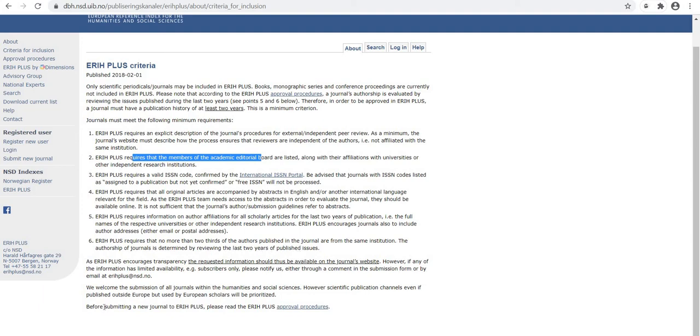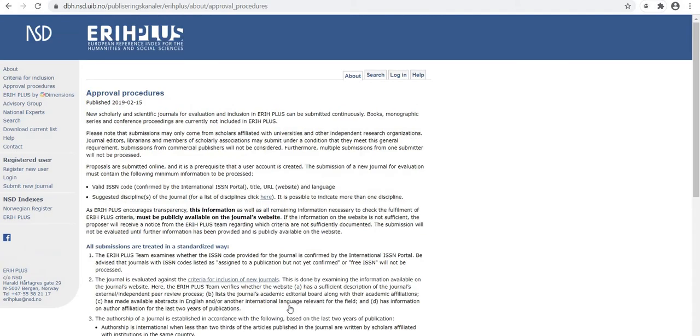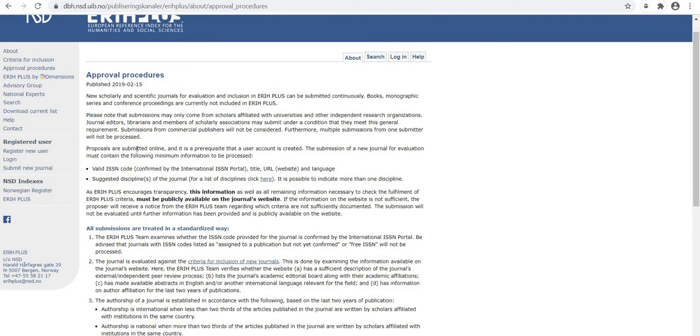Now I'll show you the approval procedures to get indexed in ERIH Plus. I'll click here. The most important thing to be considered for inclusion in ERIH Plus is that journal submissions should come from scholars affiliated with universities and other independent research organizations.